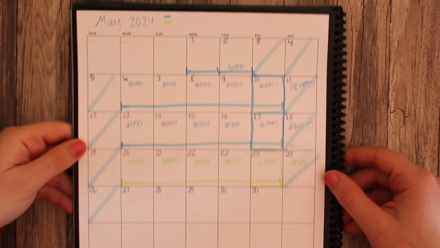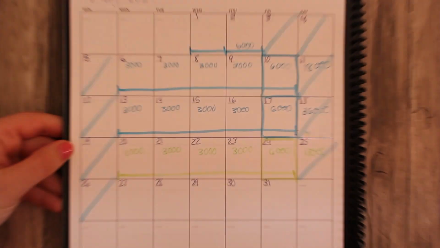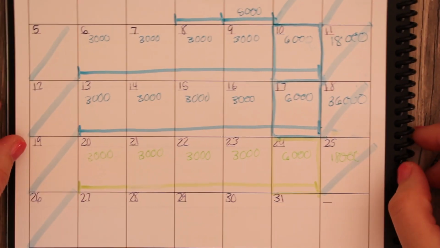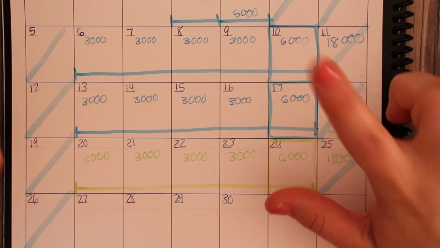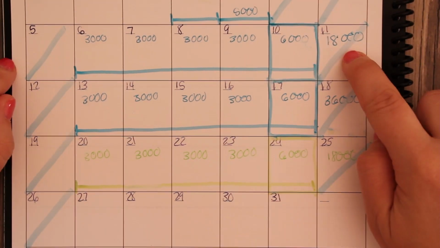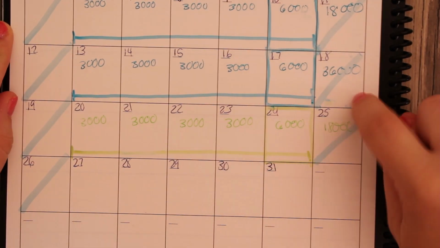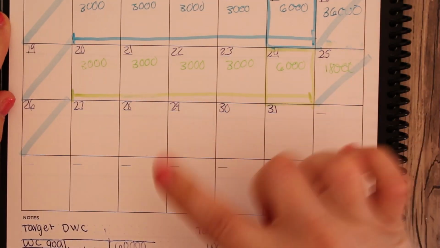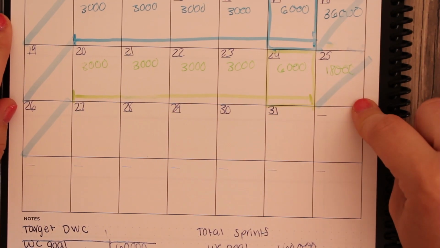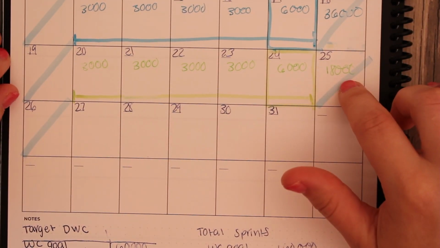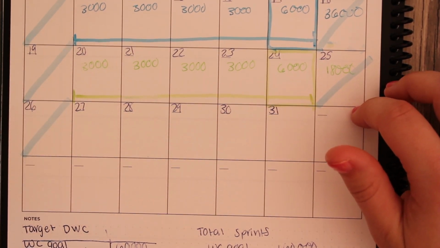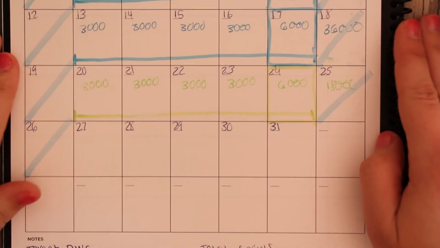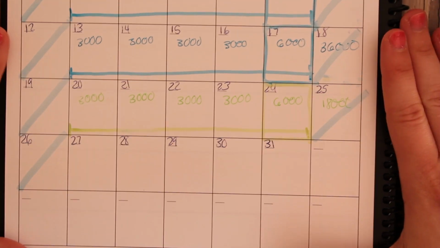So this is what I have. Zoom in a little bit more. So by the 10th, I need to get 18,000 words. By the 17th, I need 36,000 words. By the 24th, I need 18,000 words in the cozy mystery. So that is the game plan,